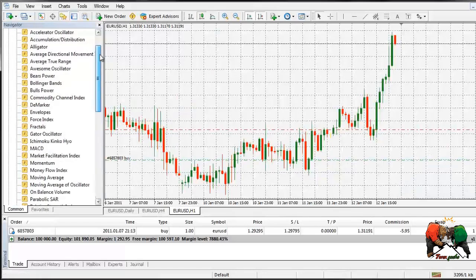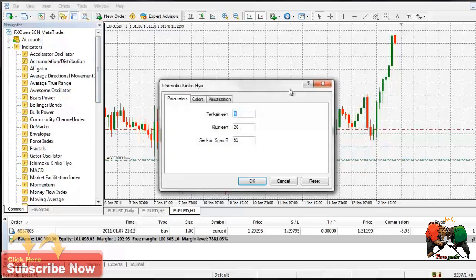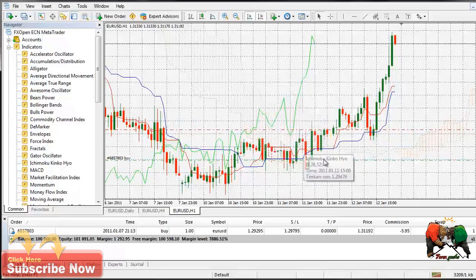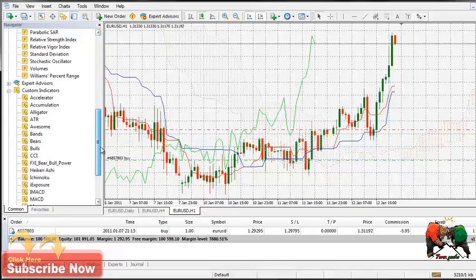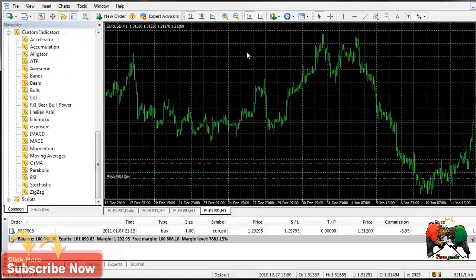Okay, so let's take the first one from the main indicators list, and that's what it looks like. Now, if you're colorblind, I do apologize if this screen looks really bad, but don't worry about it. I'm going to adjust the colors in one little moment. That's what it looks like for the normal